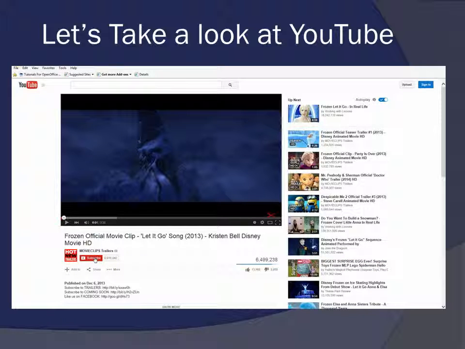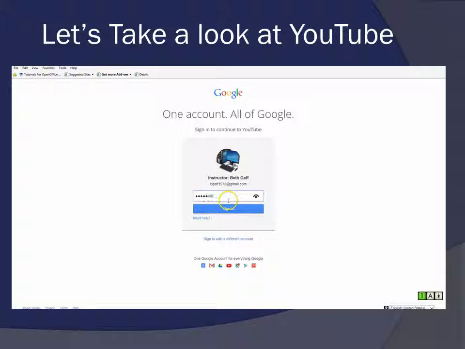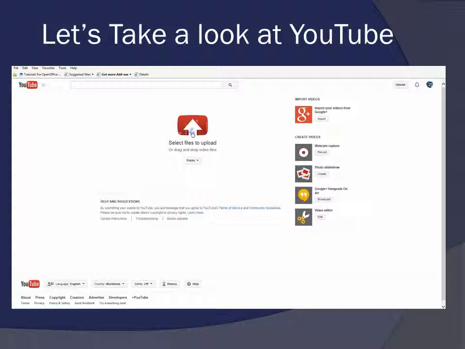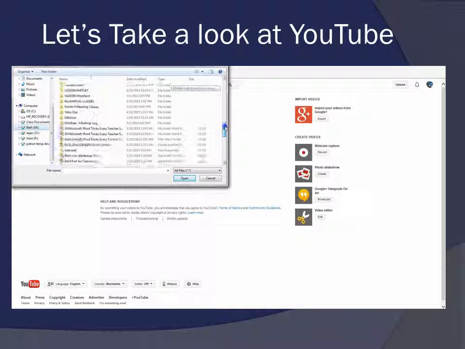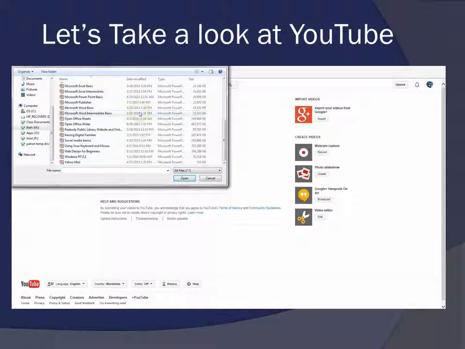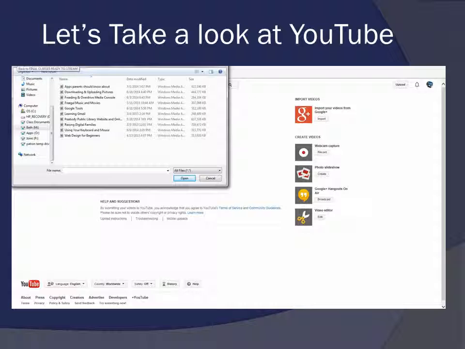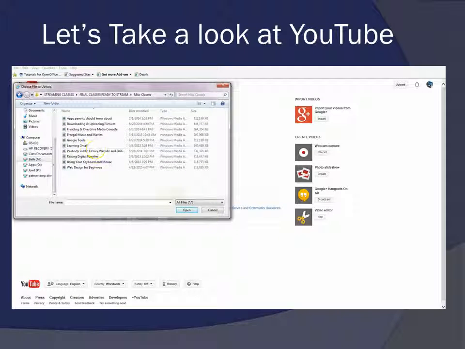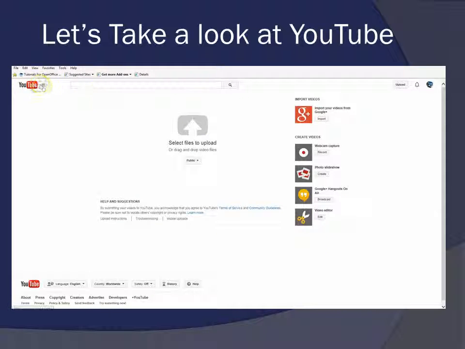If you had a Gmail, or some type of account, you could log in, and then it would give you access to that. Being able to upload a video, like when I'm done with this one, I need to log back into my account. When I'm done with this social media class, I'm going to be able to upload it. So here I would just push my upload, and I could go into the file that has all my stream classes in it that I've converted into videos to get me ready, because they do have to be videos in order to be put on there. So I've converted all these into videos from my PowerPoint, and then I'm able to upload them.